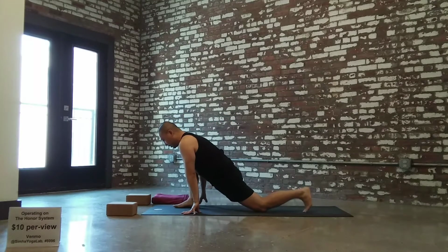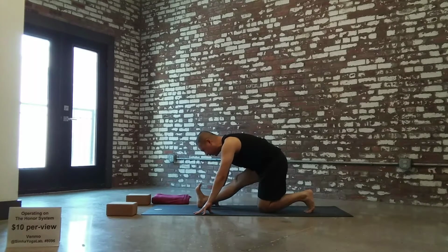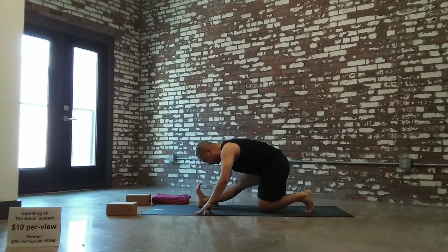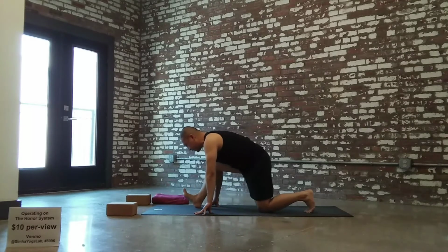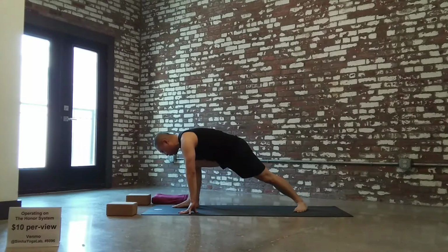Hands come down, tuck the back toes, shift your hips over your left knee, flex your right foot, right hamstring stretch, inhale, lengthen, exhale, fold. Release, step the right foot back down, tuck the back toes, come back into the lunge and drop the left